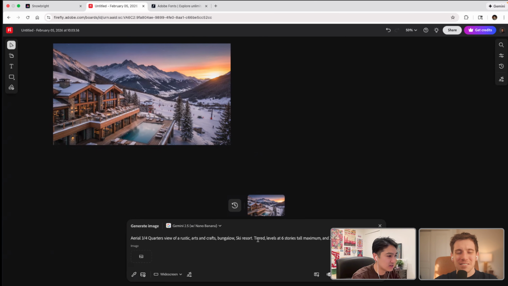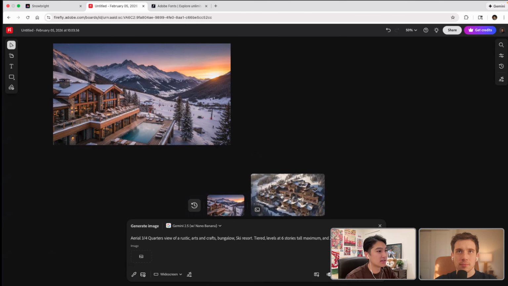So we have these tiered levels at six stories tall maximum, two stories tall at a minimum. I'm going to go back to this, but I want to just generate and see what it'll provide me right now. Okay. And for people who are watching, you're going through your prompt here. What do you mean when you're saying three-quarters view? What are you expecting? So it's kind of similar to what we're being provided here, but it's kind of like,